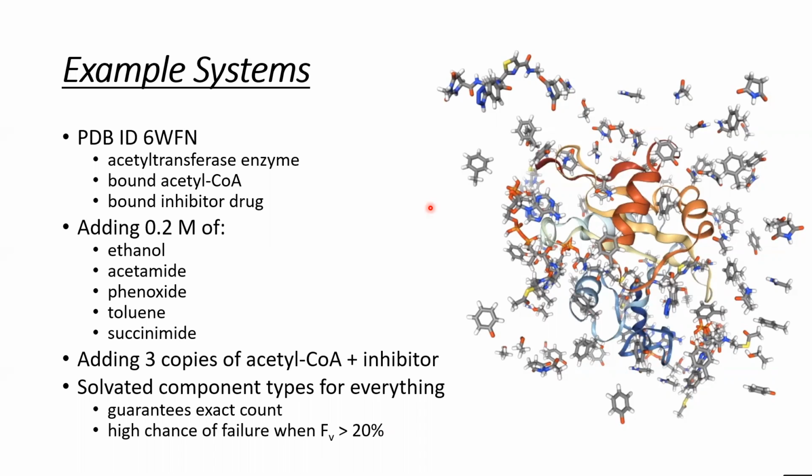It's the acetyl coenzyme A. I don't know where it is, but this molecule does something with acetyl coenzyme A, so I included a few copies of that as well. But the point is, to build this system in multi-component assembler, you provided one copy of each of these molecules, ethanol, acetamide, phenoxide, polyethylene, and one copy of each of these three, and then specify the ratio of these things with respect to each other, and then you hit the next button, and then it packs them